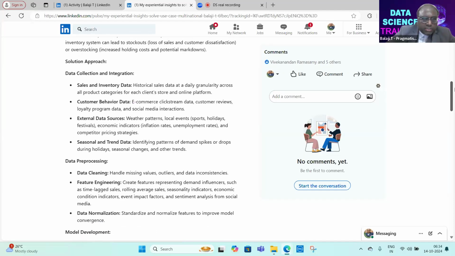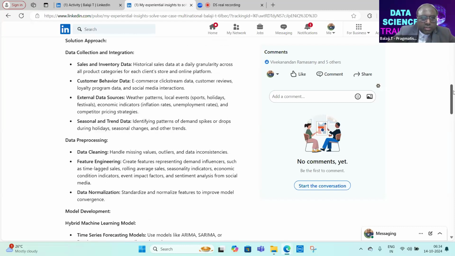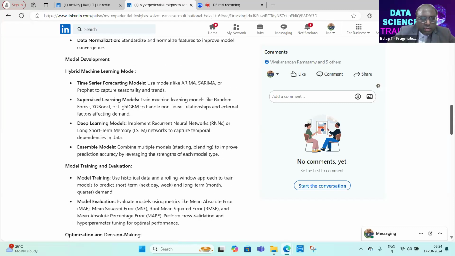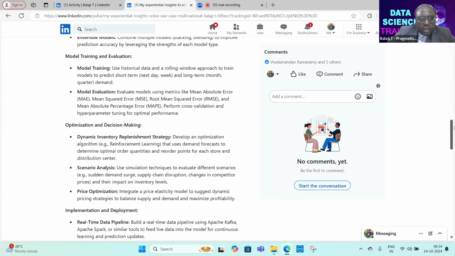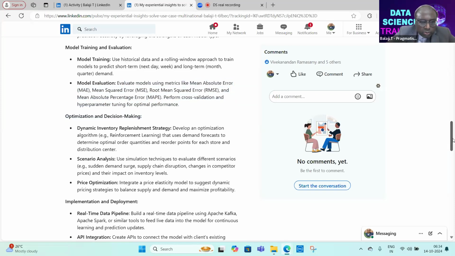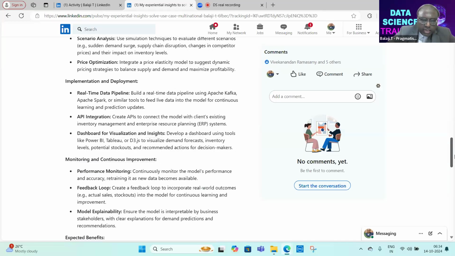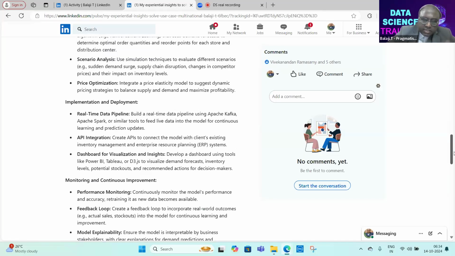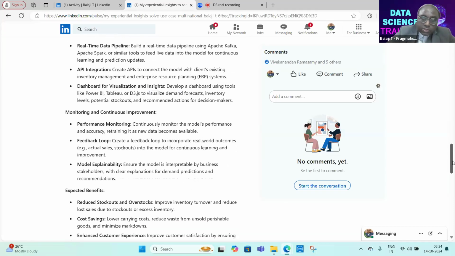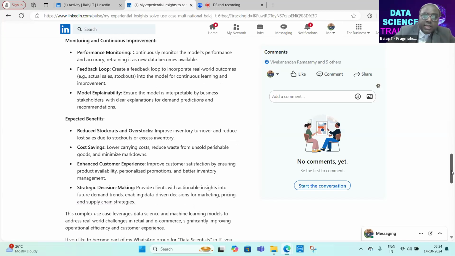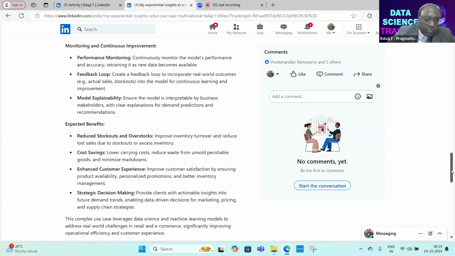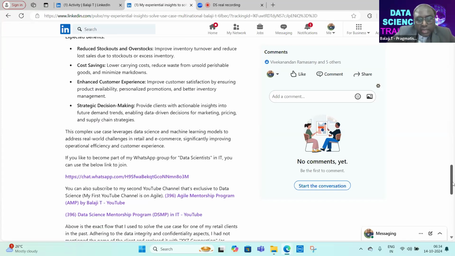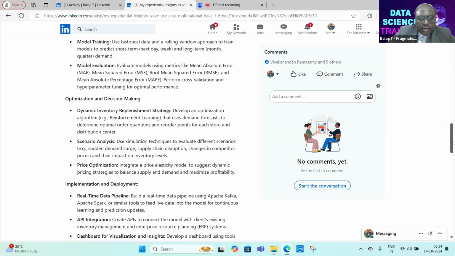So here once again I have put all these things like data collection, integration, pre-processing, model development, model training, evaluation. So here I'm going a little bit inside the subject. How do you evaluate the model? Evaluate model using metrics like XYZ. I have mentioned the actual metrics being used when I did it in the past. If the context changes, the things will change. For the same context, if you go to some other coach or a mentor or some other data science expert, he or she may give a different perspective to it, which I never deny. I am just sharing my experience over here in terms of this LinkedIn article.